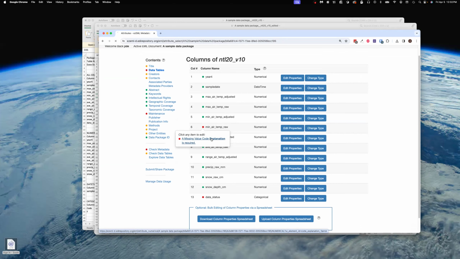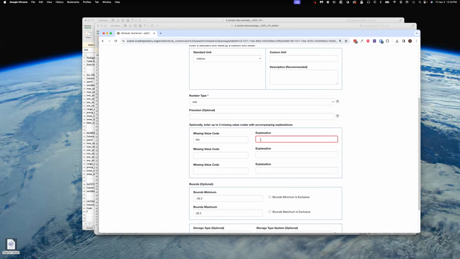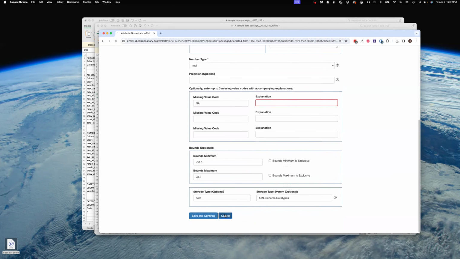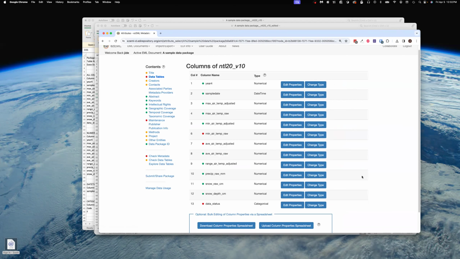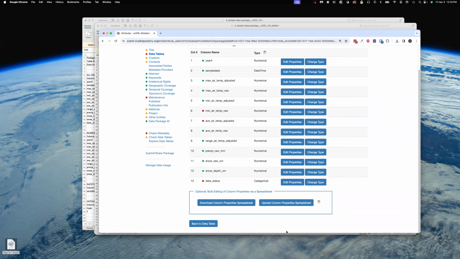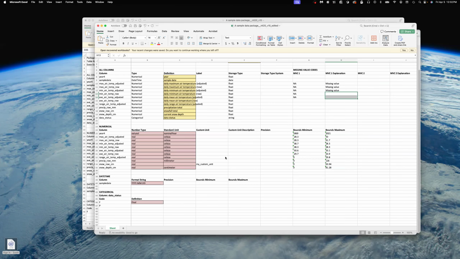And if I want, I can click that, and it takes me right to the page where I can enter it. So I can fix the issues that way by going to them one at a time, clicking on them and editing in the properties page for that column. Or I can come back and download the spreadsheet again, open it,